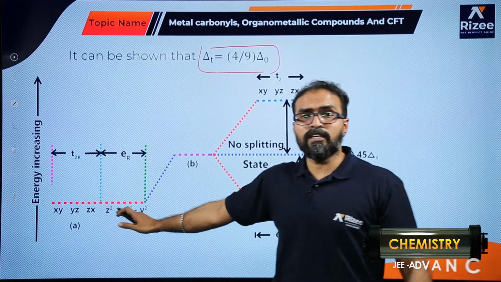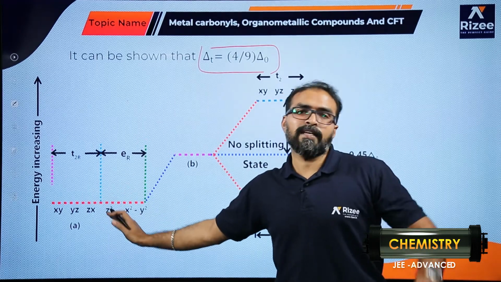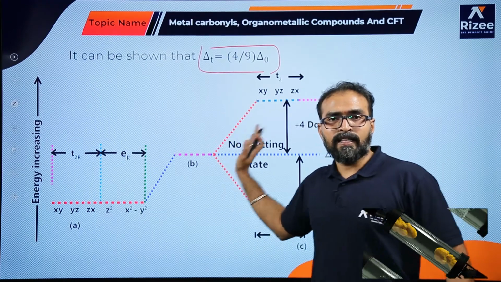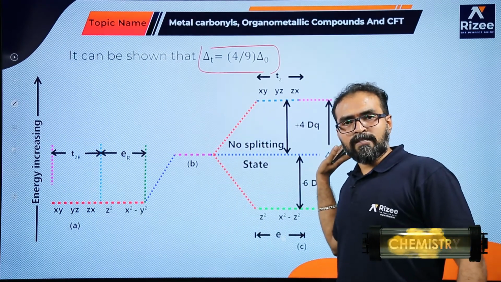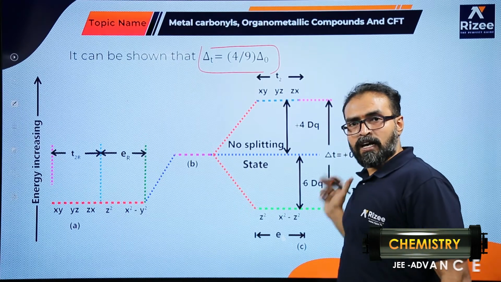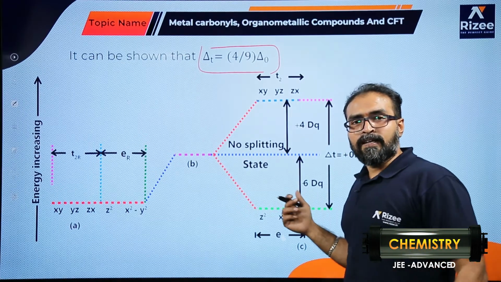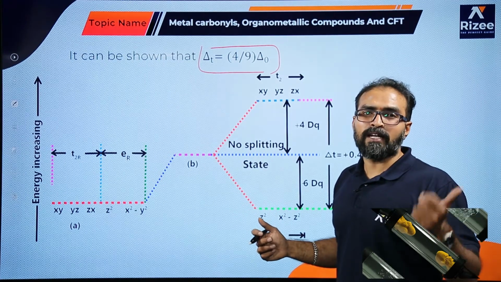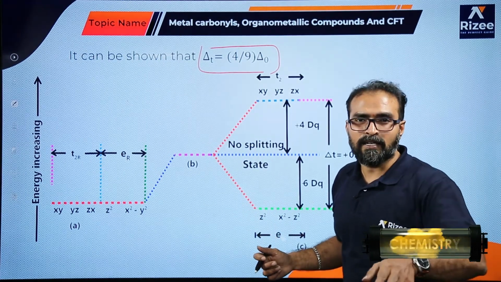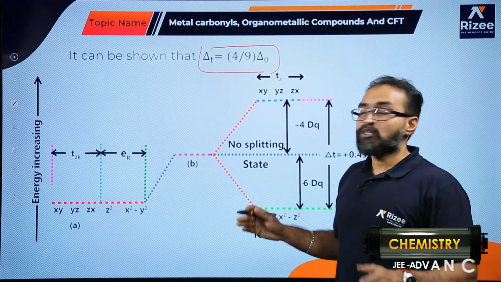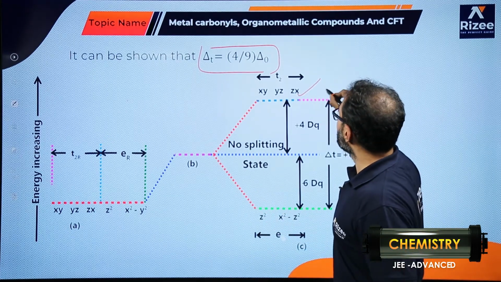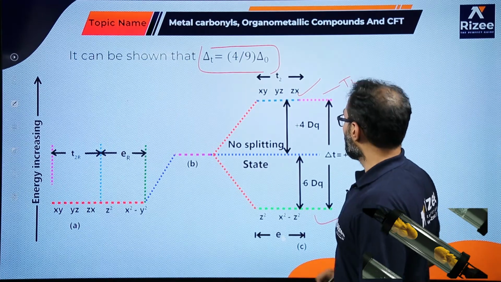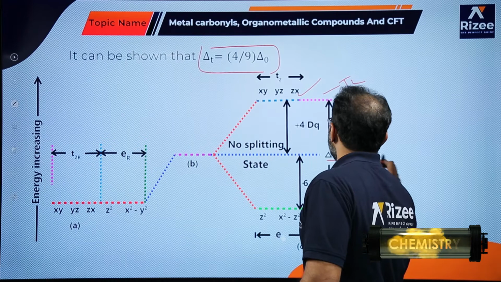Now if you see this, these are the d orbitals in the absence of ligands. In the presence of ligands, the degeneracy shifts and then you can see splitting takes place. Here we find T2G on top and EG on the bottom side. Why? T2G has orientation between the axes, EG has orientation along the axis, and ligands approach between the axes, so it has more energy. This is T2, this is E. This is the barycenter.